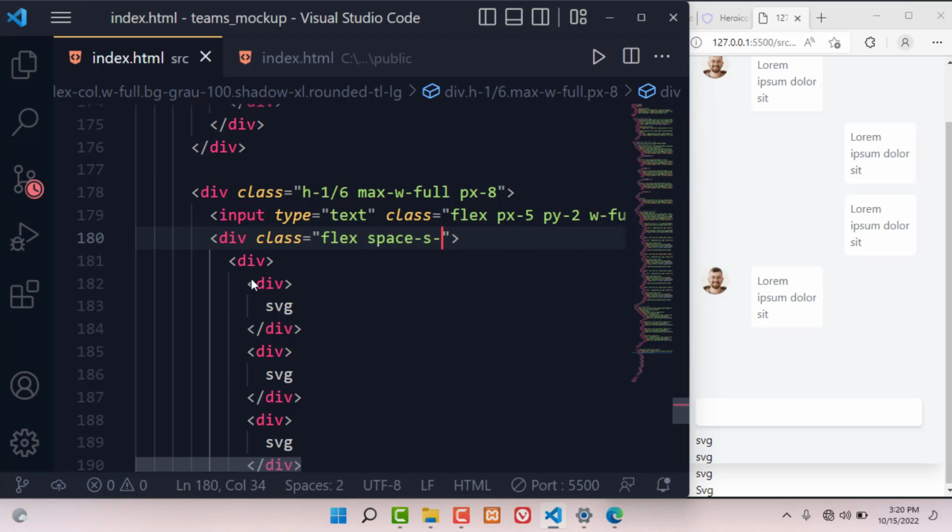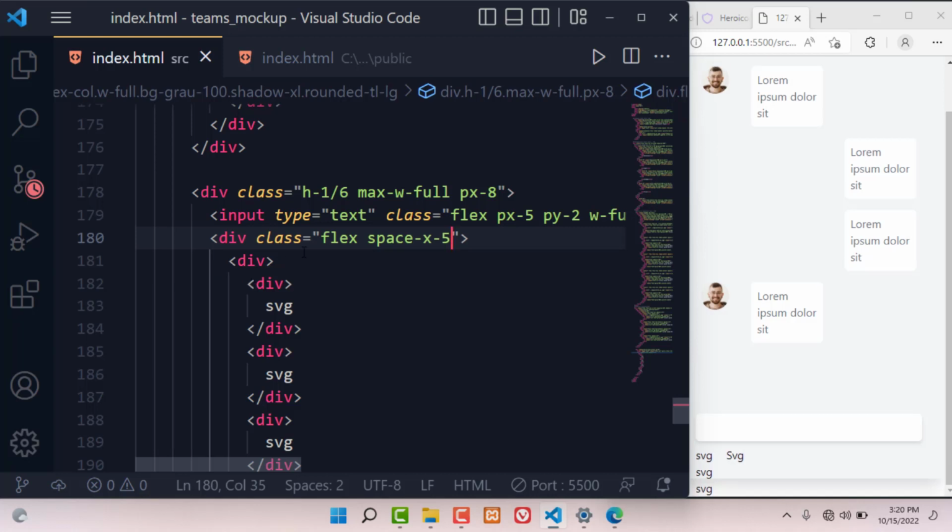And the way we are going to space them is by adding this utility class of space-x-5. So the space right and left. Sorry, looks like we still have a problem there, because as you can see, this one has not yet been solved. Let me just get rid of that there, and here I just add the justify-between,